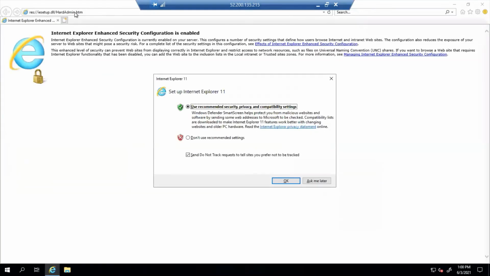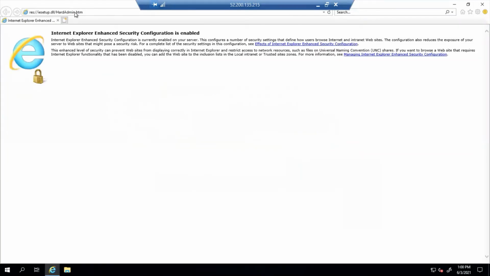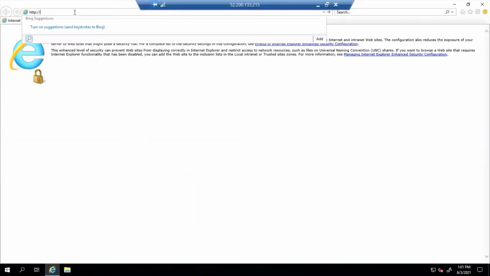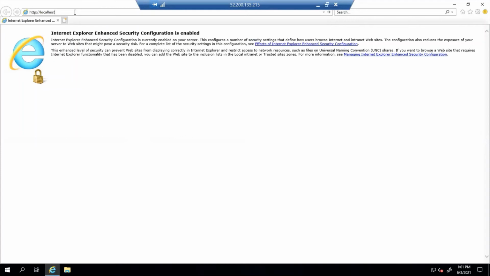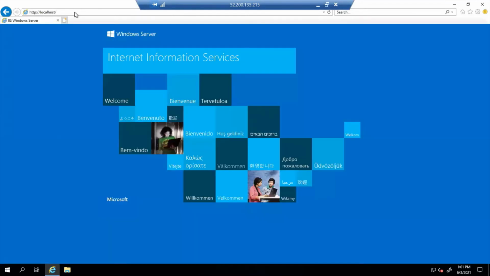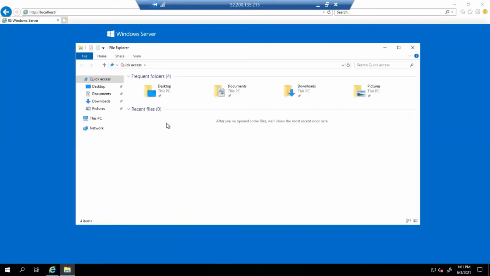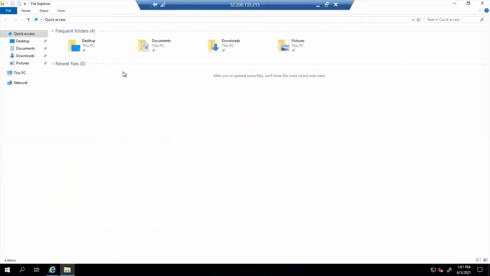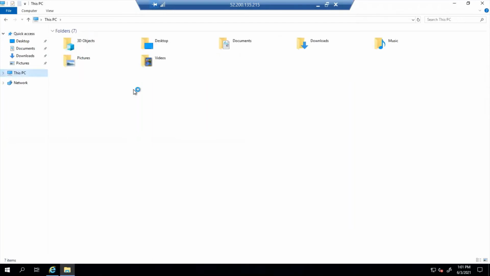HTTP localhost. Yeah, so this page shows that our Internet Information Services are running on this local server. Let's add and customize our page and see how we can see that page, or you can put your own website over here and you can